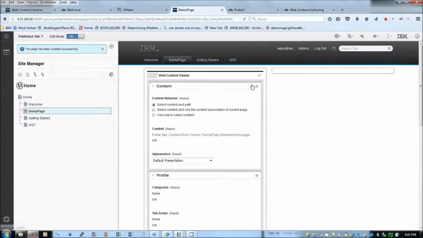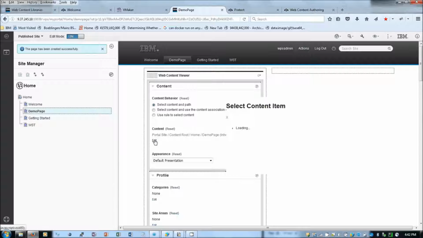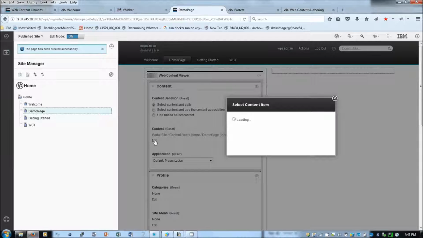So I'm clicking on Edit Shared Settings and then under Content, I'm choosing the content I have created from my library, demo.